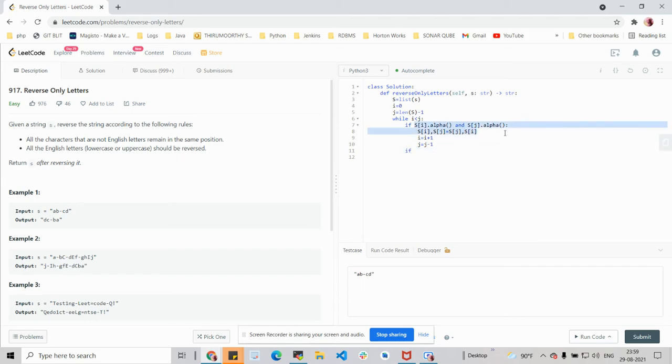If both are alphabets, then it's fine. What if one is an alphabet and the other one is not an alphabet? So we have to cover such edge cases as well. So if the ith index is not an alphabet, I have to simply increment the ith pointer. If the entry in the jth index is also not an alphabet, then I have to decrement the pointer. When everything is done,